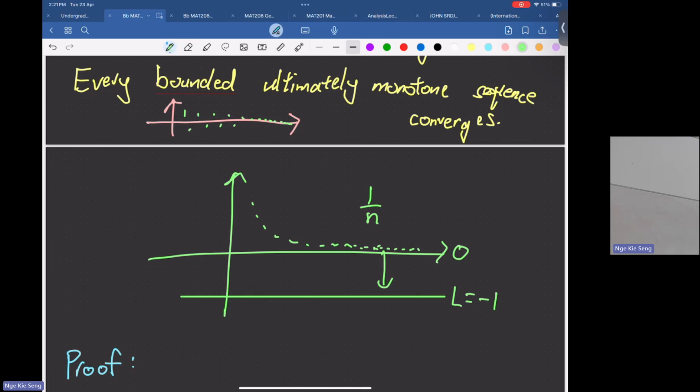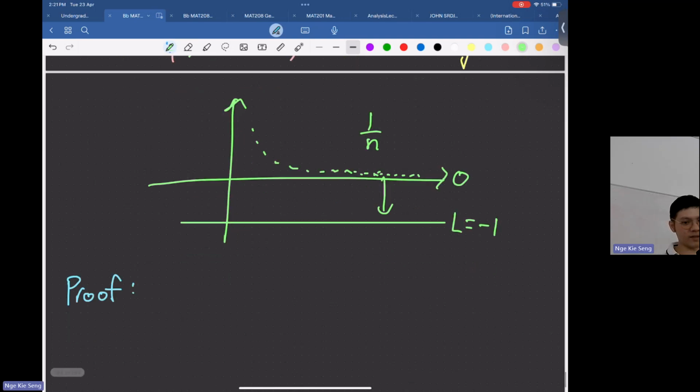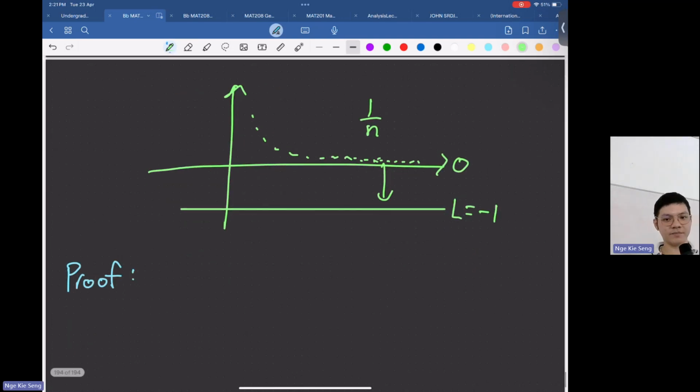Because it is in the completeness axiom. So the existence is given by the completeness of R. And then you need to show that this is the limit. Make sense? Okay. So let's do it. If you still don't understand, look at what I do, and then try to make sense of it. If you still don't understand, then ask.